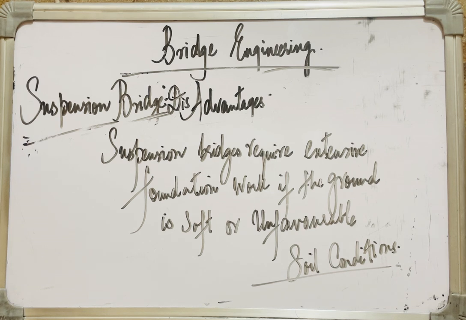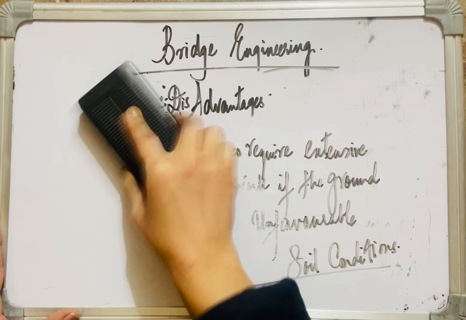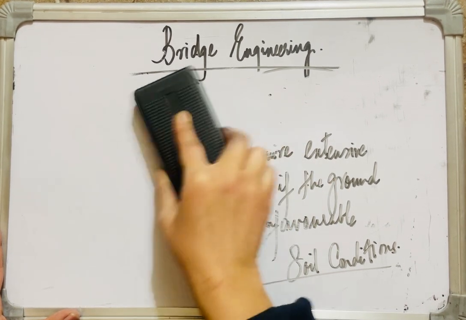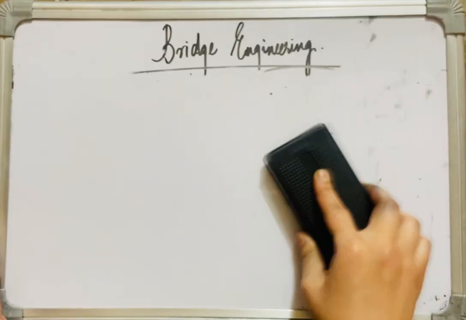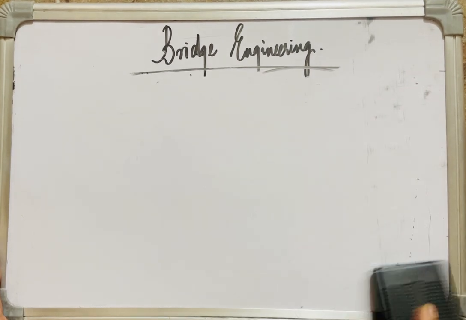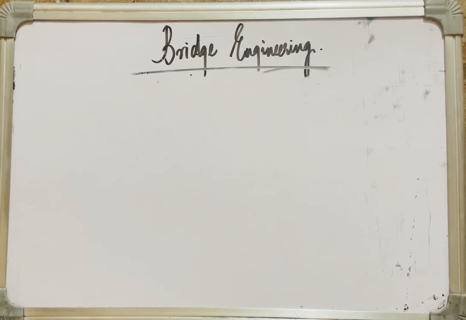All right, so this was about the suspension bridge and its various advantages and disadvantages. So in this video lecture we studied about the cantilever bridges, wherein the bridge deck transfers its load to the cantilevers and the trusses. The trusses and the cantilevers transfer the loads to the foundations, that means via piers or abutments. And these cantilever bridges have essentially three spans: the two anchor spans which are anchored at the ends, and then there is the central span which can behave as a simply supported span, or can also behave as a